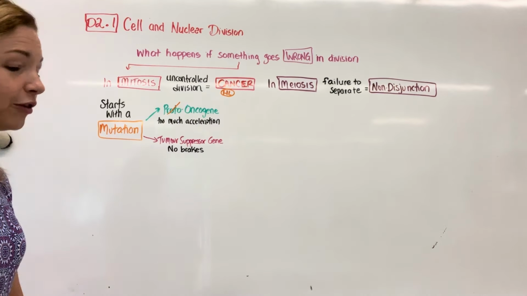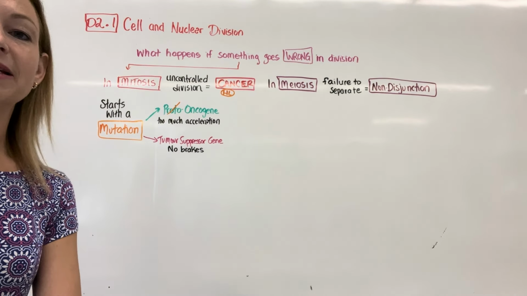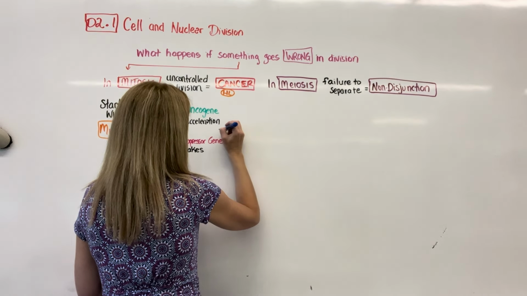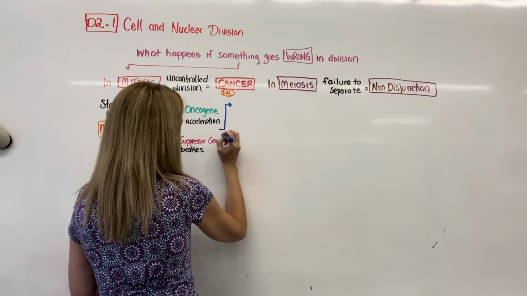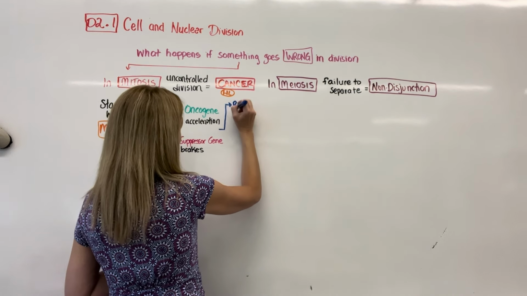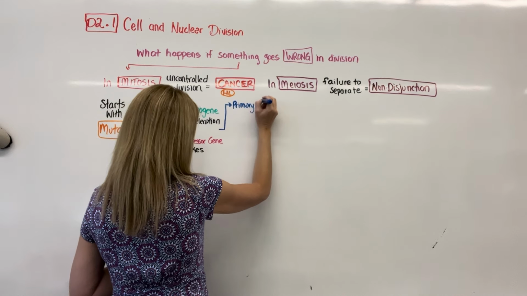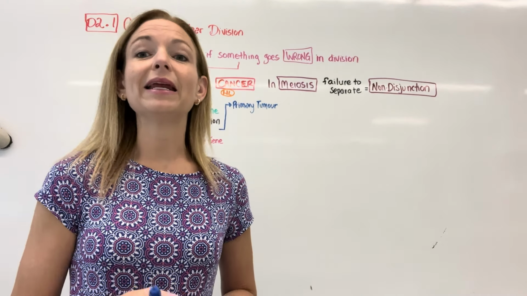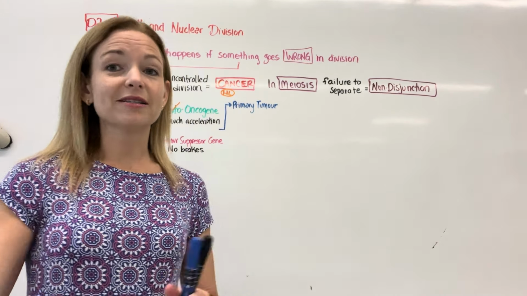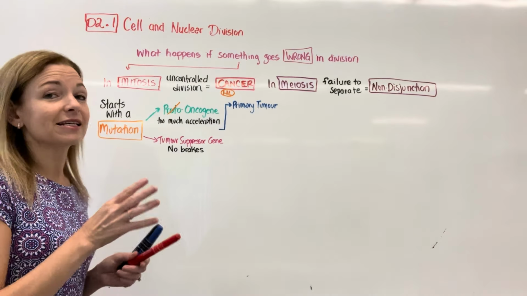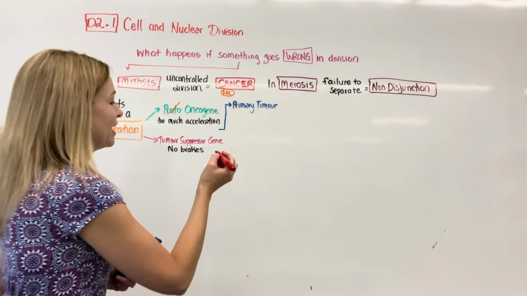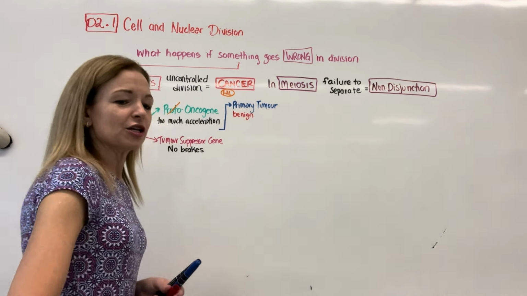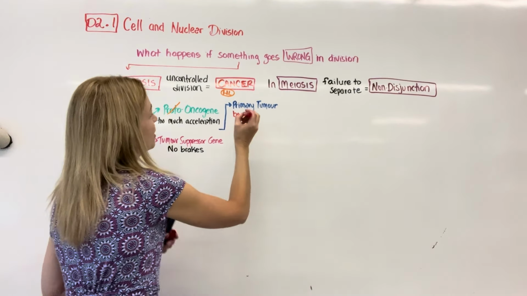So as a result of either of those two issues, what is going to happen is the formation of a tumor. So either of these, what's going to happen is there's going to be a primary tumor. So a cluster of cells that are over-replicating that have no function. So primary tumor, loss of function, cluster of cells. At this stage, when it is a primary tumor, it is benign. So that means it is not actually spreading. So when it is benign, it is contained or not spreading.